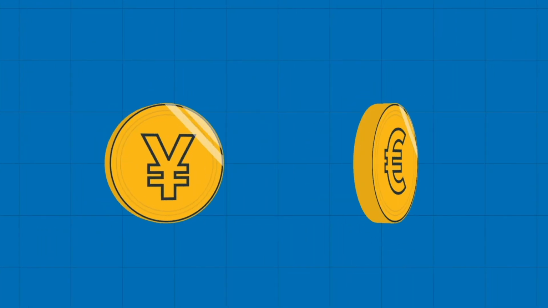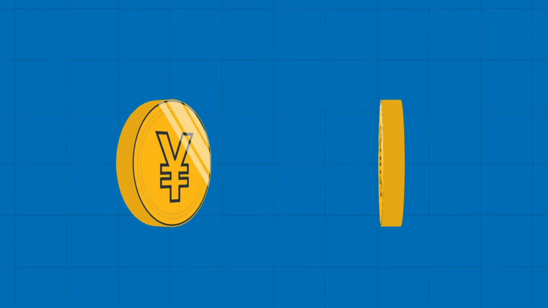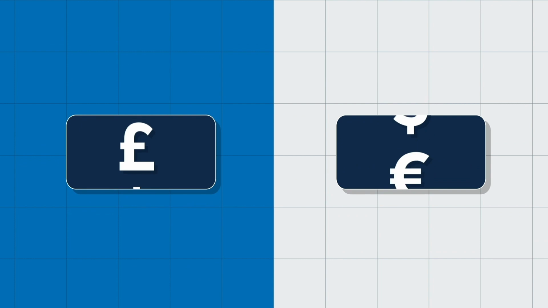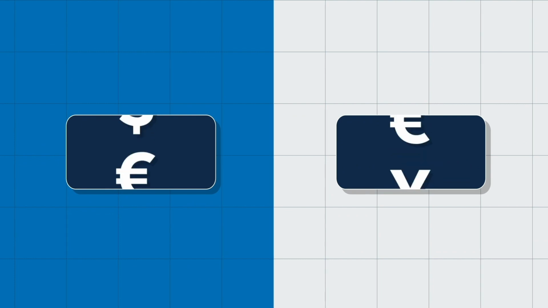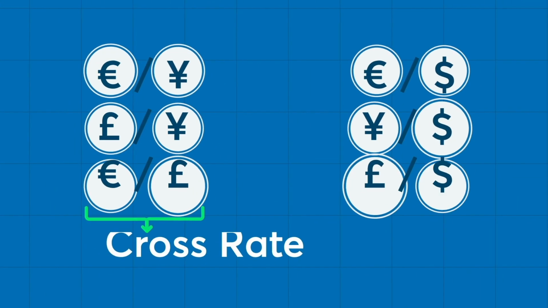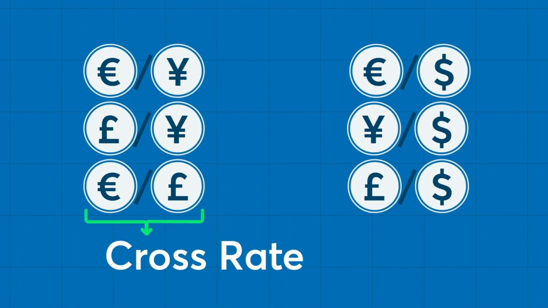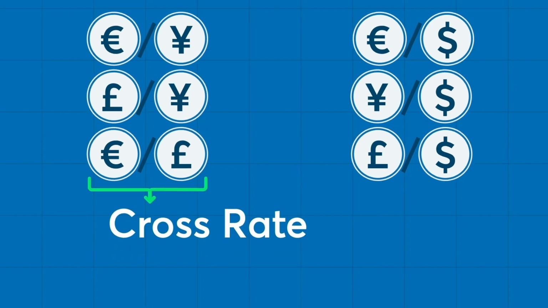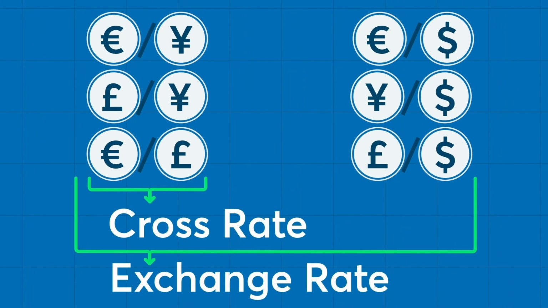In global foreign exchange markets, currencies are always priced in terms of other currencies. The resulting price difference between two currencies is called the exchange rate. The term cross rate is also used to describe one currency in relation to another. While every exchange rate is a cross rate, the term is often used to describe transactions that do not include the US